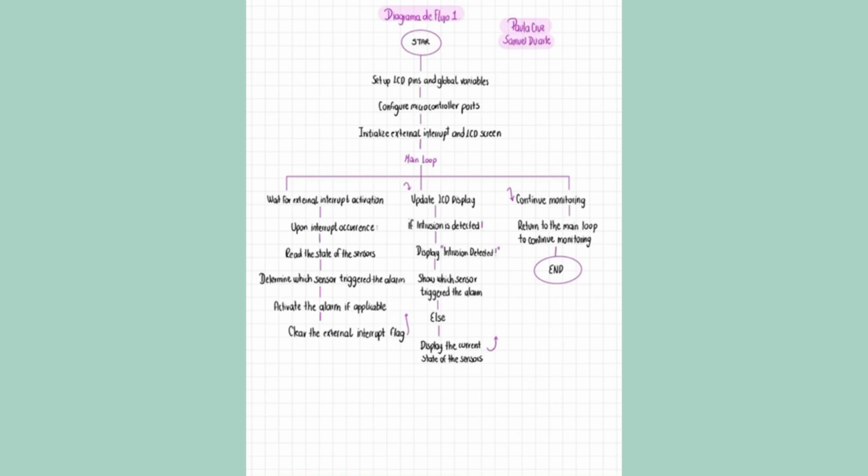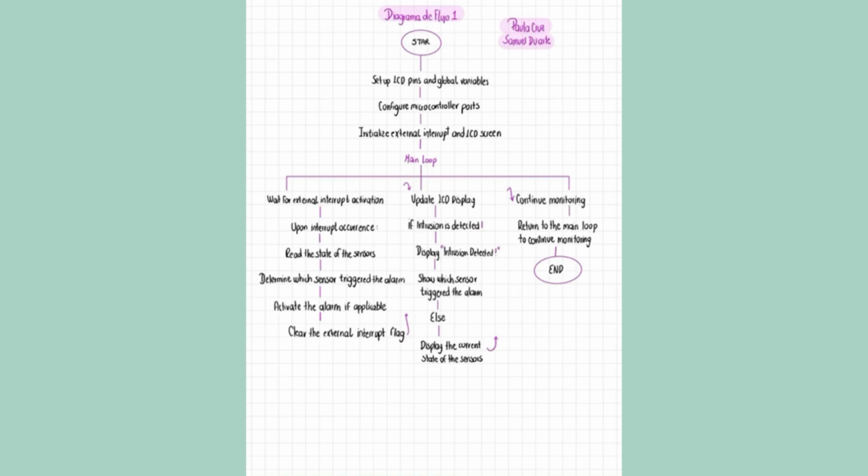Start. Set up LCD pins and global variables, configure microcontroller ports, initially set external interrupt and LCD screens. Main loop: wait for external interrupt activation. Upon interrupt occurrence, read the state of the sensors, determine which sensor triggered the alarm,